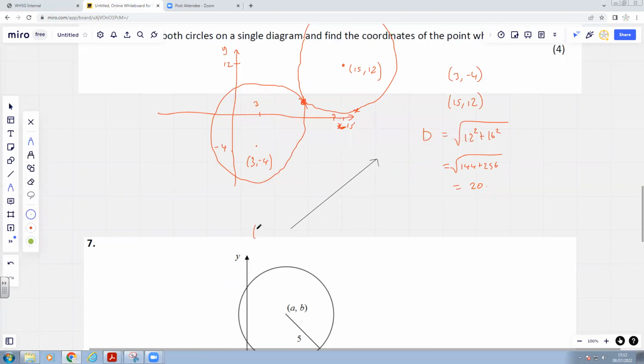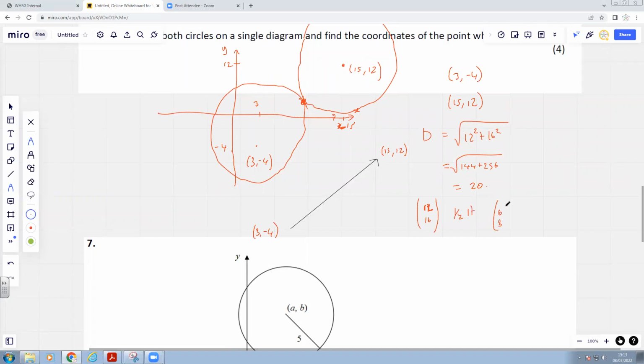Okay, so if we're going from (3, -4) to (15, 12) and I want to go halfway, well, this is just a vector argument. That vector is (18, 12). And then from -4 up to 12, you've got 16. Half of that will be